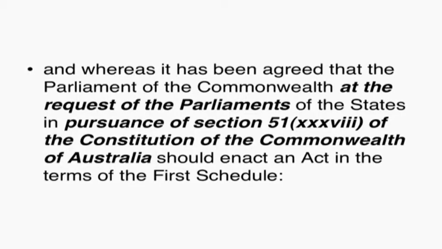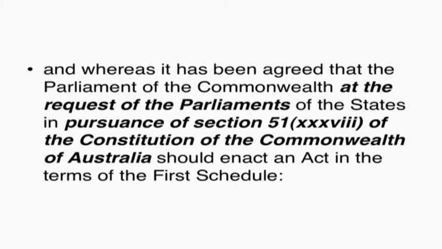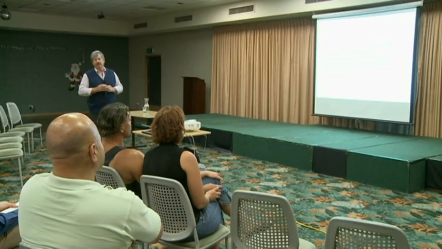And where it has been agreed that the Parliament of the Commonwealth... hang on. Who agreed? Who owns this Constitution? The people. Well, that's what the preamble's about. Which means if you don't agree, don't touch that document. At the request of the Parliaments of the States in pursuance of Section 51, see here they're supposed to go to Section 128. I'll put a bit of that in there, Darren and I. But rather than go to 128, which would have